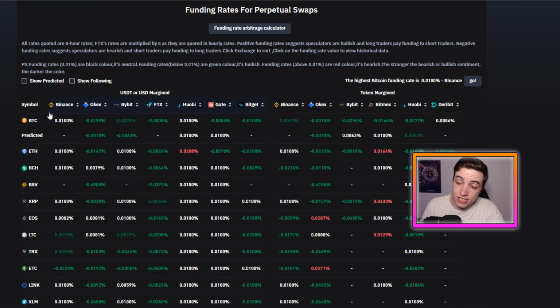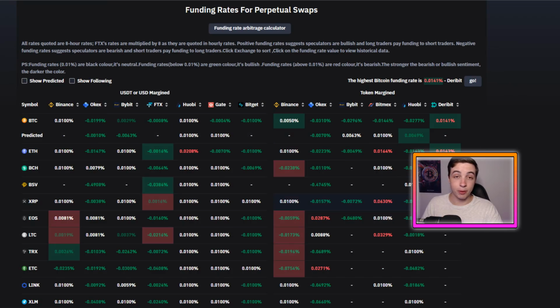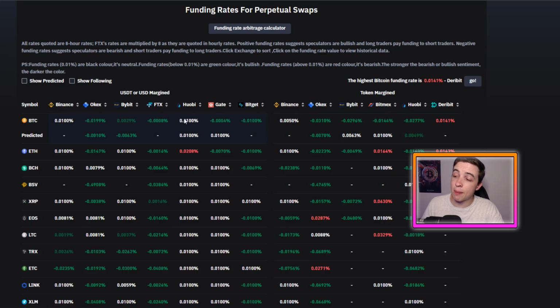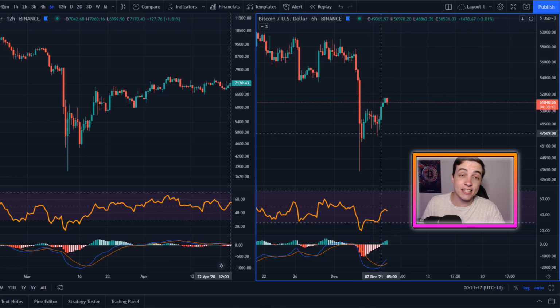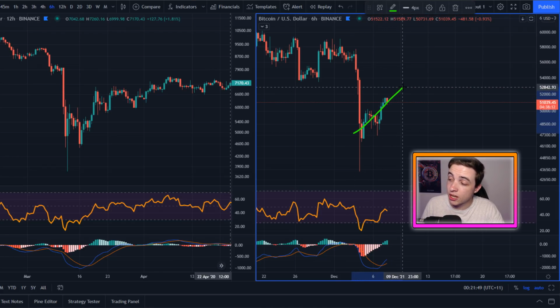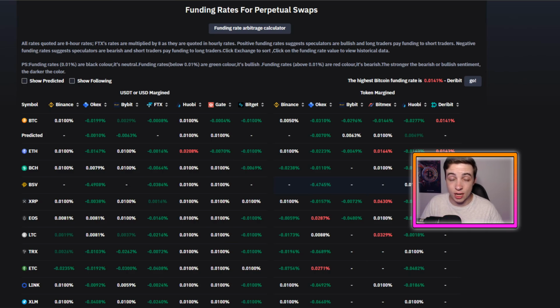still staying negative shows us that we are potentially about to have a short squeeze on our hands, because basically when the funding rates are negative, that means the majority of positions across these exchanges are short positions. And as the Bitcoin price bounces further to the upside, that forces the shorts to close their short positions, which then pushes up the Bitcoin price, because to close a short position, you need to buy back into Bitcoin, which then would force more short positions to close, pumping the Bitcoin price even higher. And that's basically what a short squeeze is.